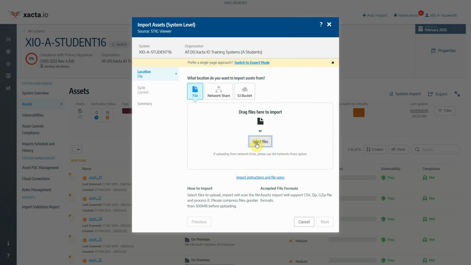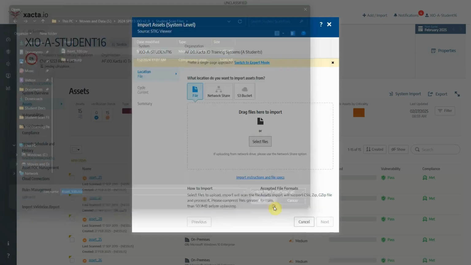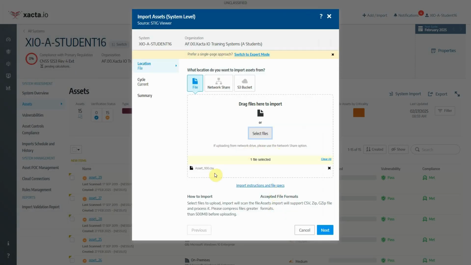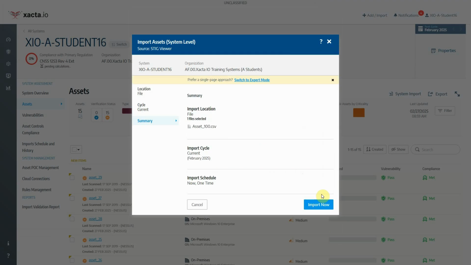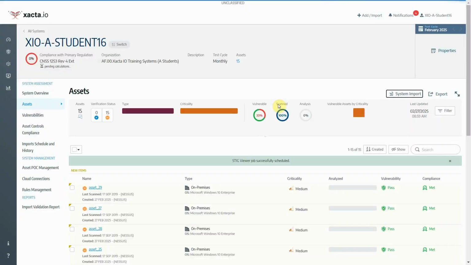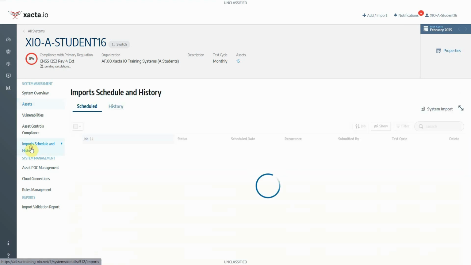So I already have a file that is set up, and this is my asset 100, and you can see right here it is in the CSV format. So we'll go ahead and open that one up, and we have the CSV format here. We'll click Next. We are importing it into our current cycle. We will click Next, and just like before, we'll click Import Now. So we see that this has been successfully scheduled, and we're going to do like before, go over to our